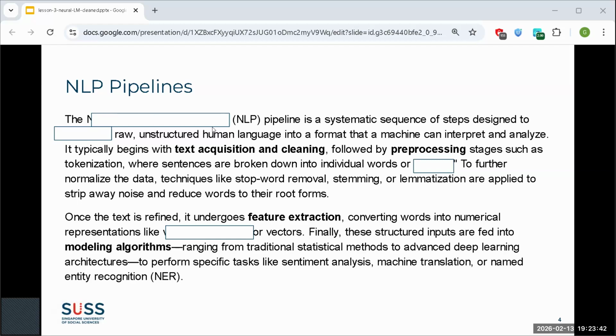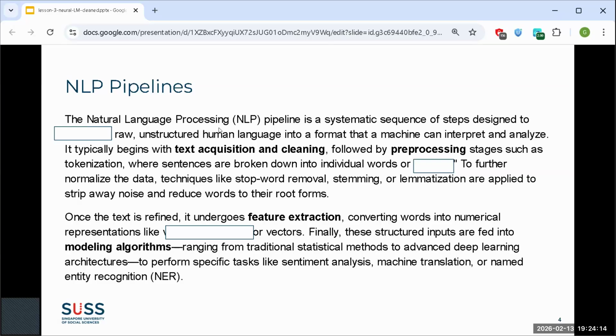So the natural language processing pipeline is a systematic sequence of steps designed to process raw, unstructured human language. Okay. So I think when I was doing data, at the start I didn't really understand what's the difference between structured and unstructured data lah. So structured data is like your Excel file, or your SQL. There's a table lah. So essentially, when there's a table, right, and there are columns, then that is structured data